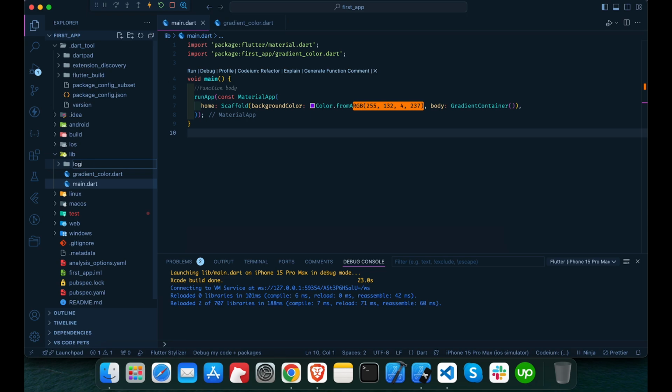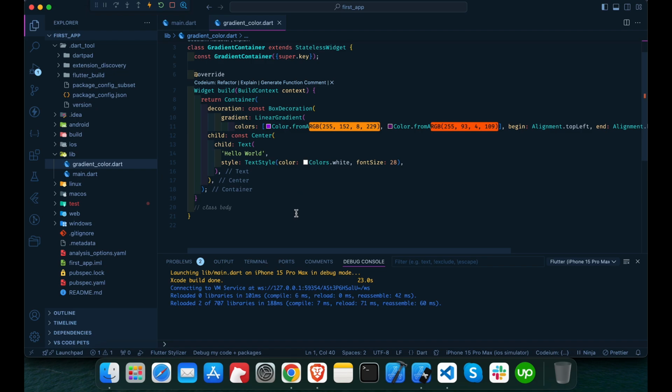I will be explaining all those in the later part of the course, but right now let's focus on how we can create a custom widget and keep it in a separate class or a separate file. So now if we look into our gradient color, we can see